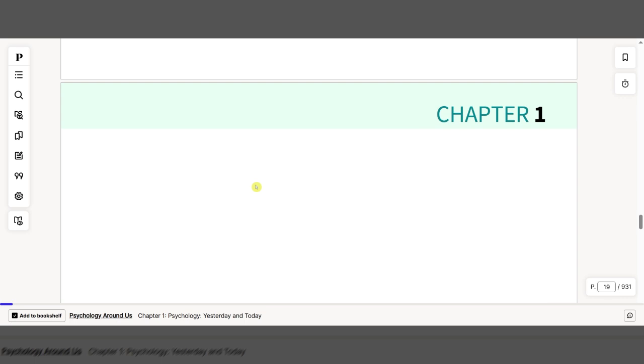And once it loads up, you'll see whenever you're in a book, there's an option down the left, very bottom left-hand corner, add to bookshelf. And I have these two bookshelves set up, so you can add to one or both of them. And if you don't have any set up yet, you can add to new bookshelves, so you can set up whatever ones, as many or as few as you want. So we'll add it to Intro to Social Psychology. So actually all you have to do is tick it and it adds it in automatically. If you tick both of them, it'll add it into both of them.